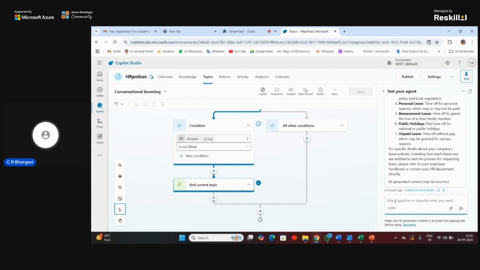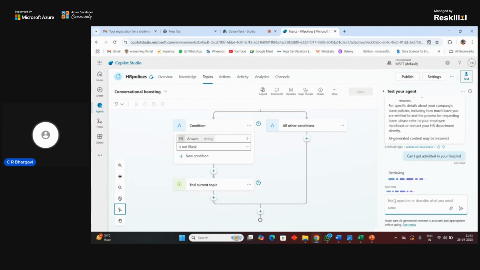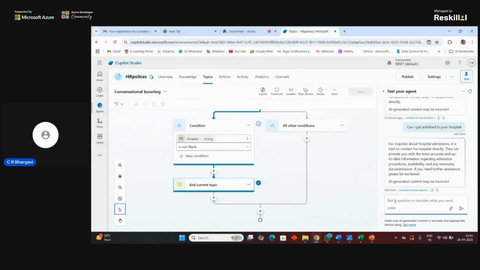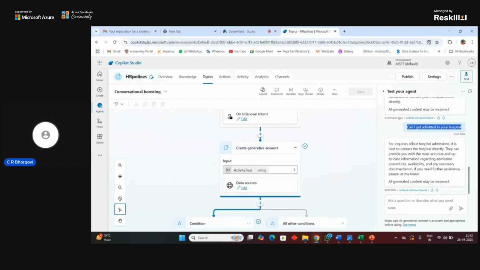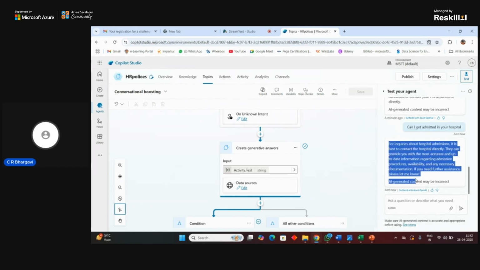So this is something that it can have as an out of topic, right? When you are using it, it would be referring, for example, for hospital admissions, it's best to contact the hospital directly.